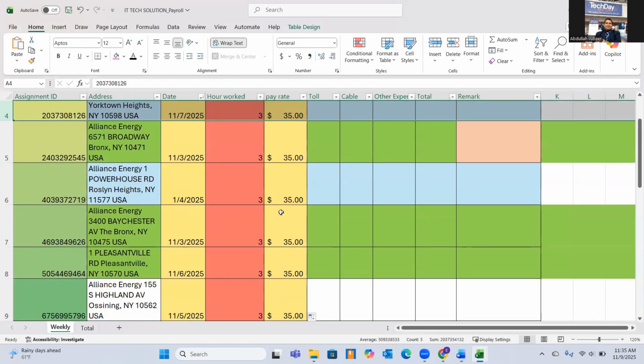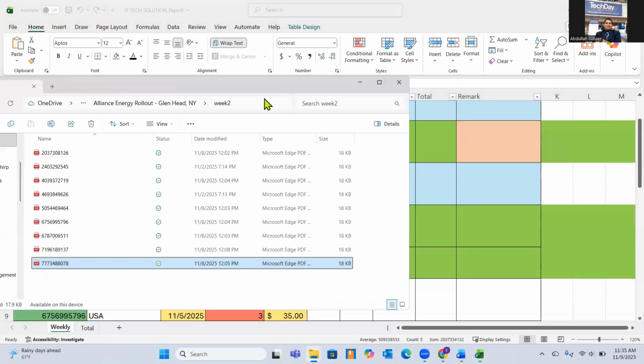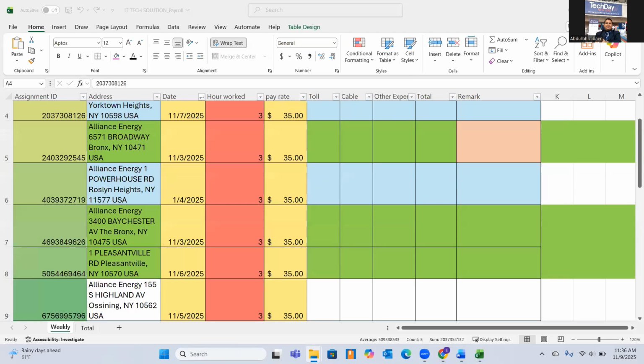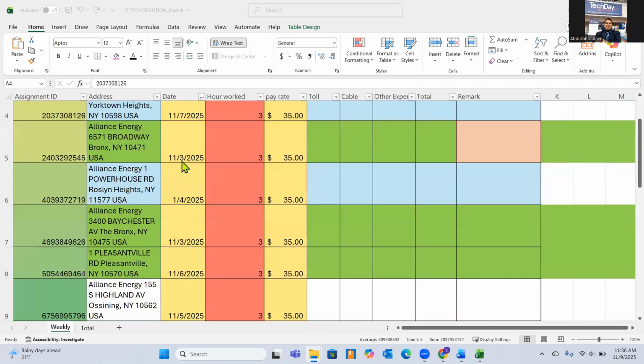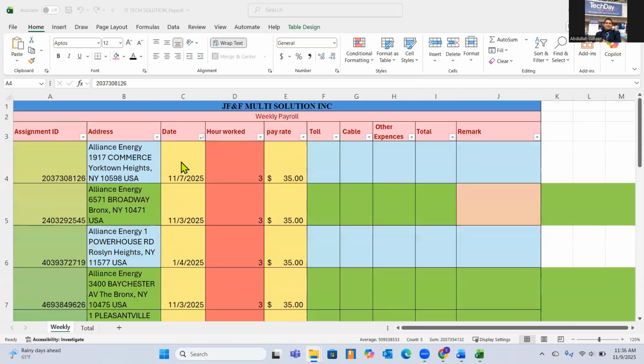So the assignment ID was not in the same order. That's why when we put all the assignment IDs in a folder, it was according to the number it has. But in the Excel sheet, we need to arrange it according to the date. If we don't arrange it according to the date, we will not be able to do the toll, because